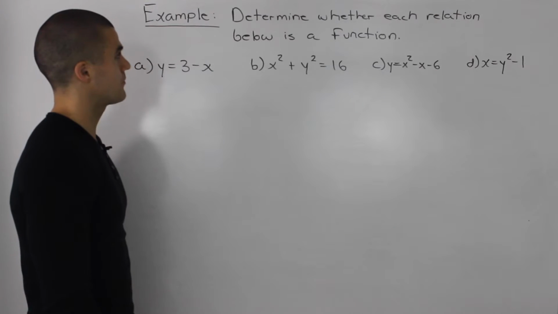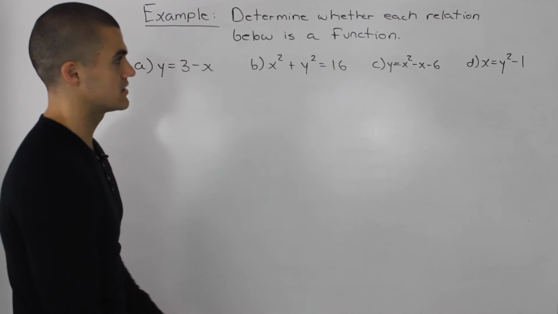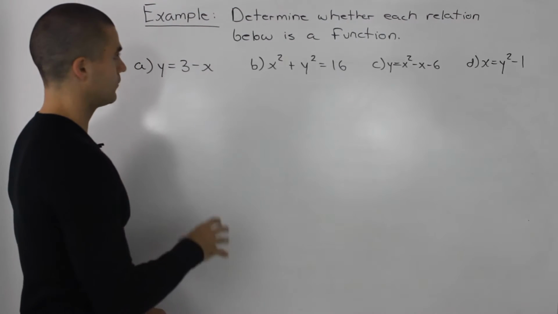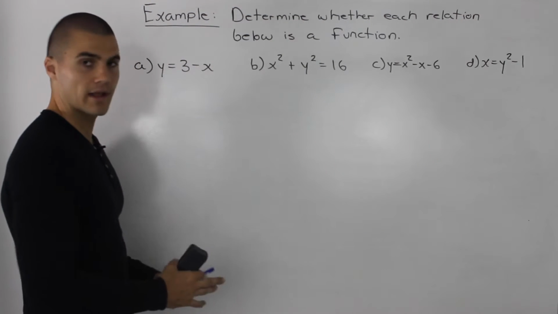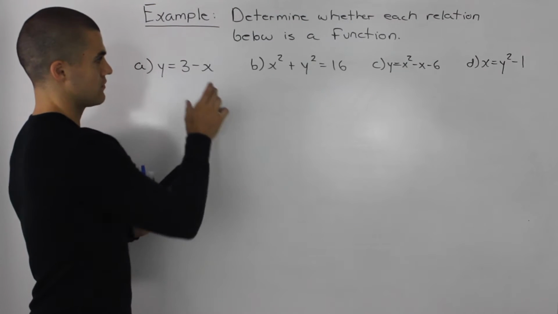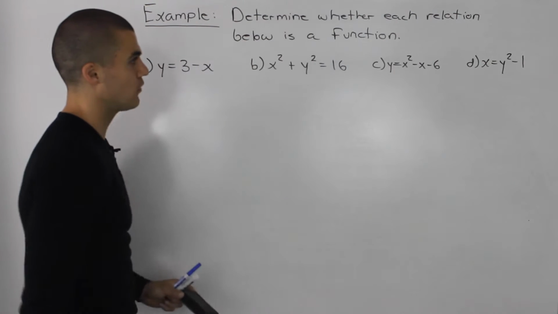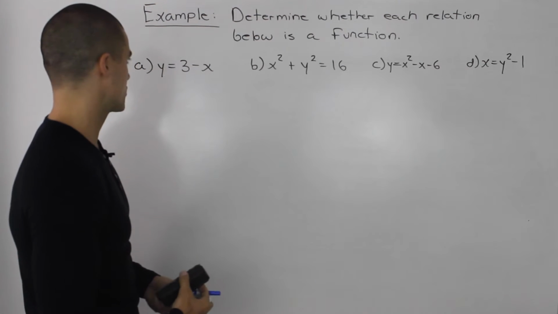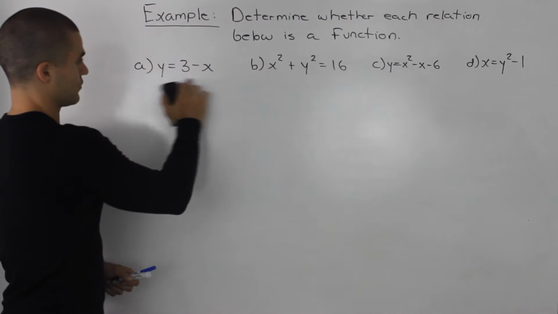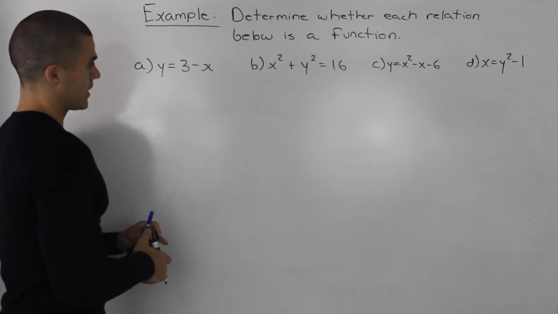So moving on to an example, we're going to determine whether each of these relations is a function or not. When I get a question like this, what I like to do is graph these relations and then just use the vertical line test that we discussed in the video before to determine whether it's a function or not. So for example, this first relation here, you should right away be able to tell that